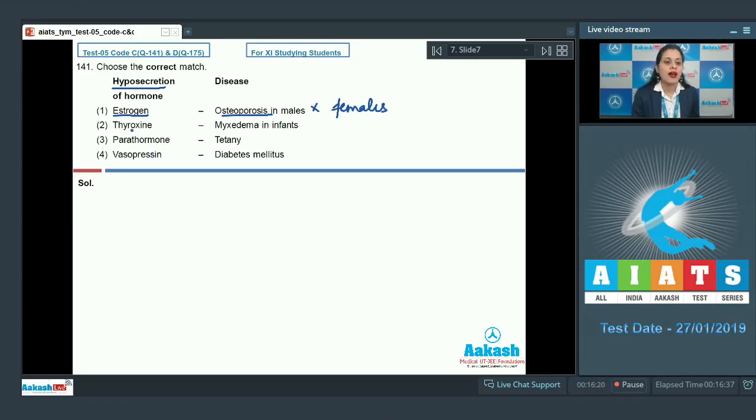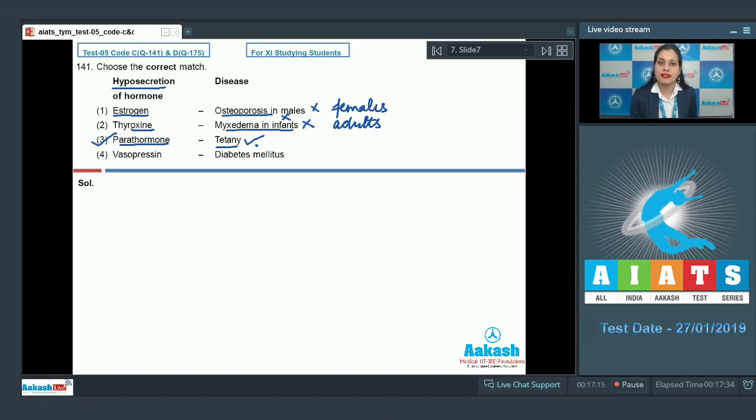The next match given is hyposecretion of thyroxine causes myxedema in infants, and as it is also an incorrect match, this cannot be a correct answer to our question, because hyposecretion of thyroxine causes myxedema in adults and not in infants. The next match given is hyposecretion of parathormone causes tetany, and as it is a correct match, this is a correct answer to our question, because parathormone is responsible for maintaining the calcium level in blood. Due to the hyposecretion of this hormone, there is a decrease in the levels of calcium in blood